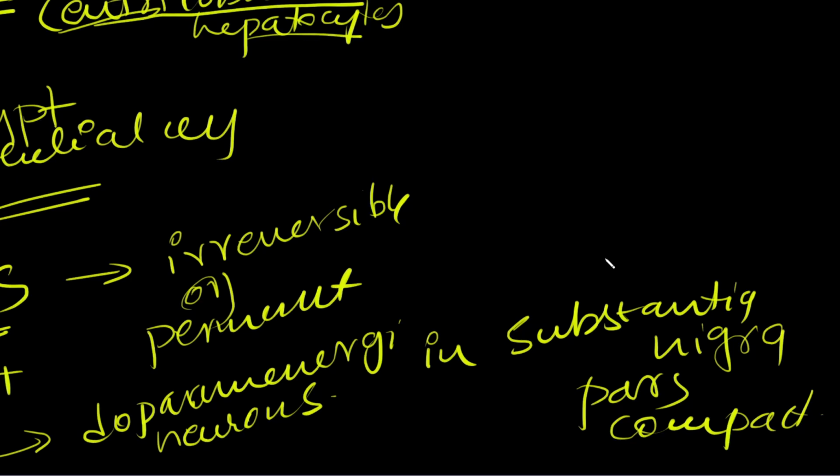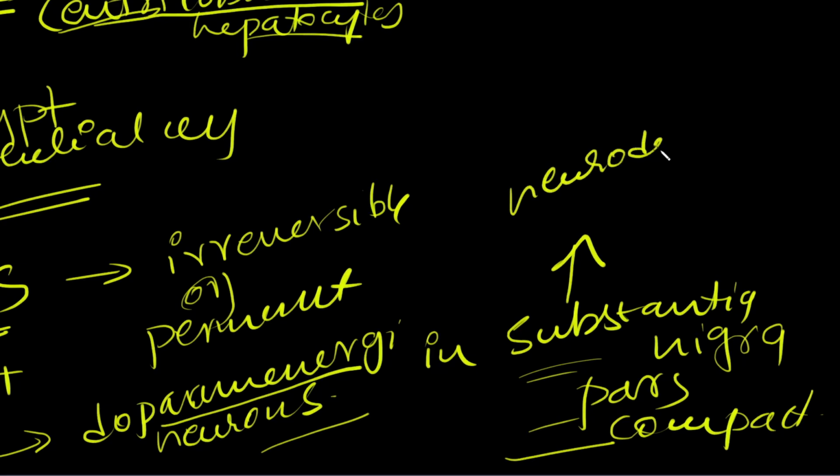We will look into a more detailed explanation of various regions of the brain and how various chemicals can selectively damage the regions in the subtopics. But in this introductory chapter, we are going to just see how various toxicities can occur, reversible versus irreversible. So this is taken as an example for irreversible or permanent type of toxicity. By selectively damaging dopaminergic neurons in the substantia nigra pars compacta, this MPP plus can cause